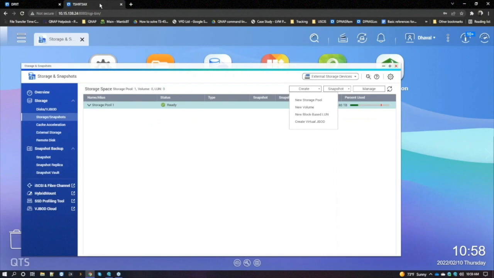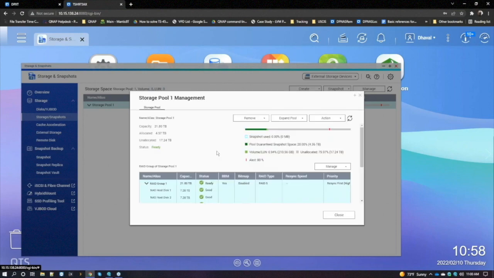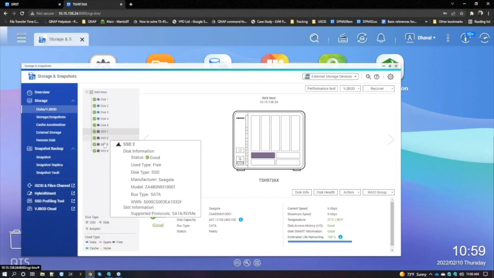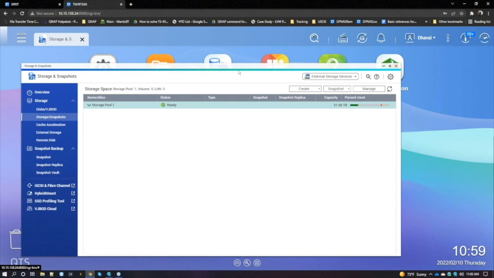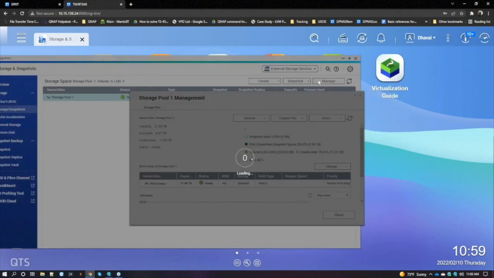Now, let's say you already have a NAS with hard drives. Right here, I have a NAS which has just hard drives. And then let's say you install new SSD drives. In this case, I've installed 4 new SSD drives that are not being used and are free. QNAP now allows you to upgrade your storage pool into Q tier. So if you go to manage right here,